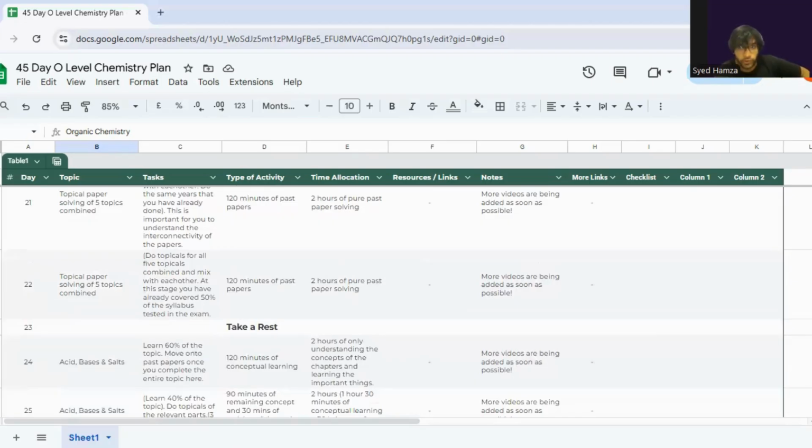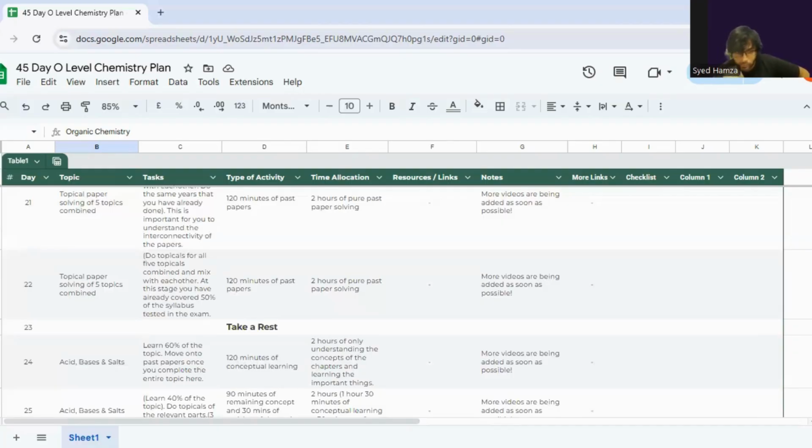Now then you have another day of doing the topical past papers, because again, as I mentioned, it's very important. I might be missing out on my schedule because I created this a week back. As I'm seeing the sheets, I'm realizing what stuff I have added inside this. So 2 days of topical past papers, you're gonna do it. You'll be in a better position. You will know the answers, and at times when you just look at the answers, your mind just starts digesting it.